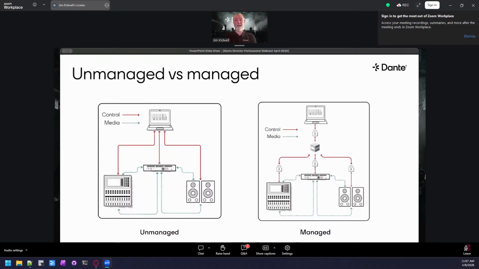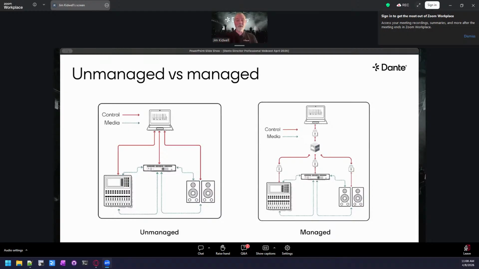It prevents anybody from coming in and routing a signal over to someone else to listen in on something, or even breaking your network. Even in higher ed institutions, we're finding that a lot of times students, being the squirrely little guys that they are, can come in and mess with things just to have fun. So implementing a server like Dante Director or Dante Domain Manager can protect you in that way.